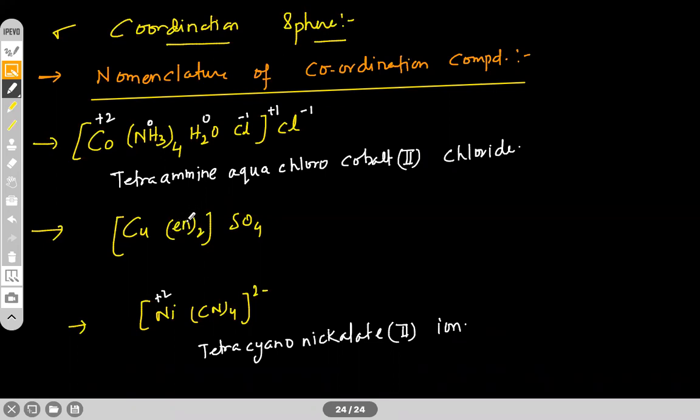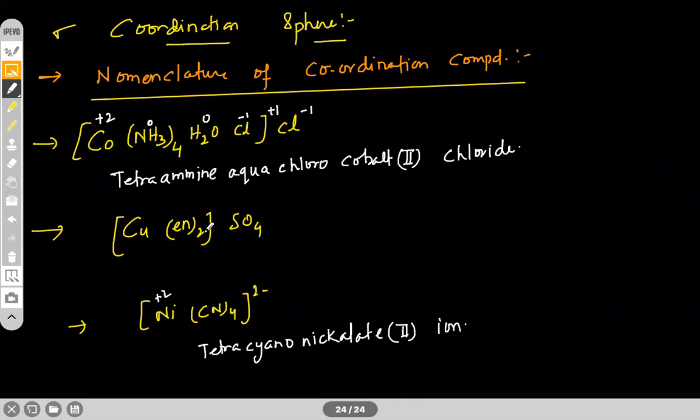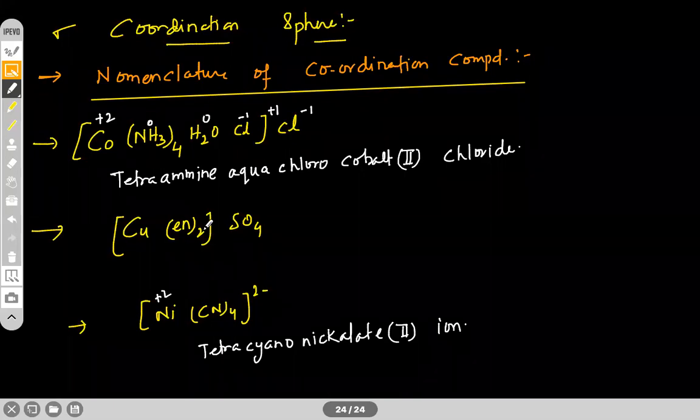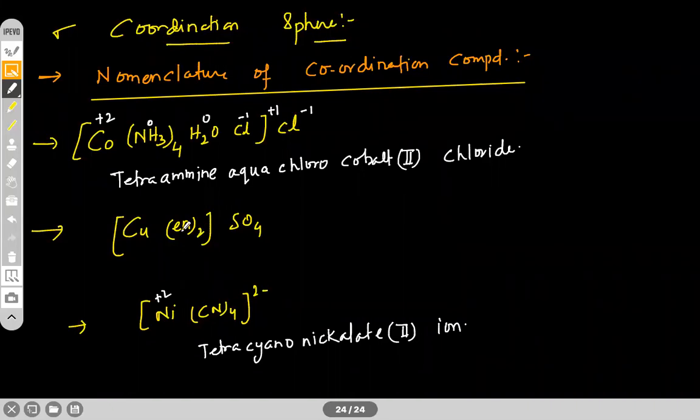So when the name of the ligand contains a term like di, tri, tetra, then for these numbers, we do not use di, tri, tetra again, but we use bis, tris, tetrakis like that. Okay. So if it is 2, we'll write down for this ligand, bis,